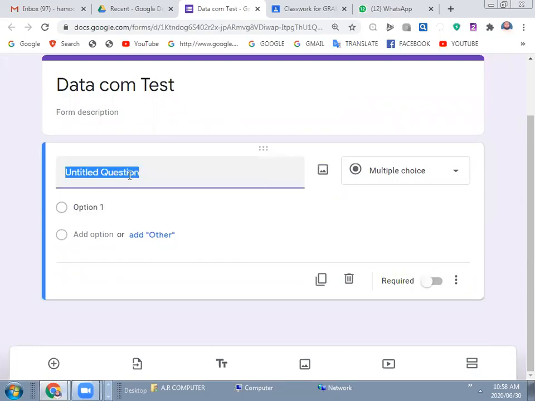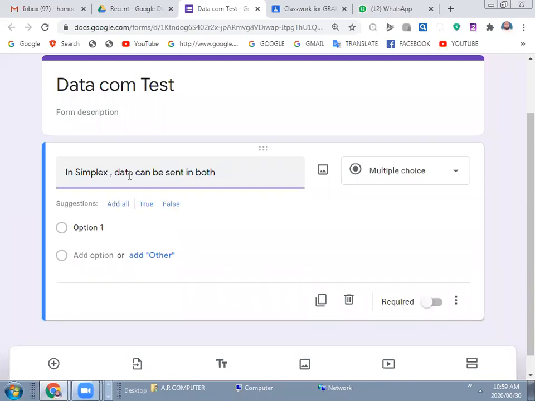For example, you can write any question. For example, in simplex, data can be sent in both directions, right?